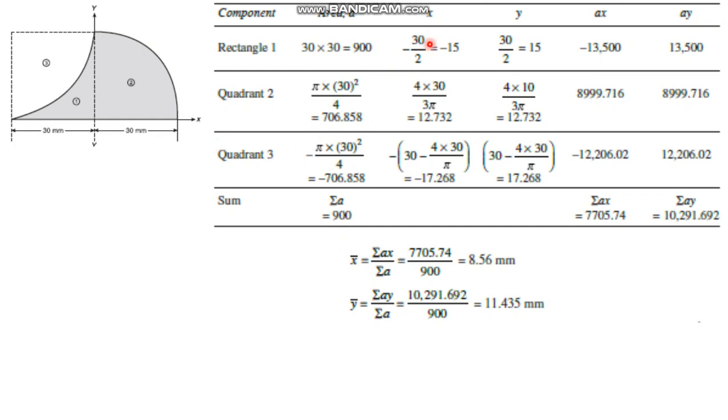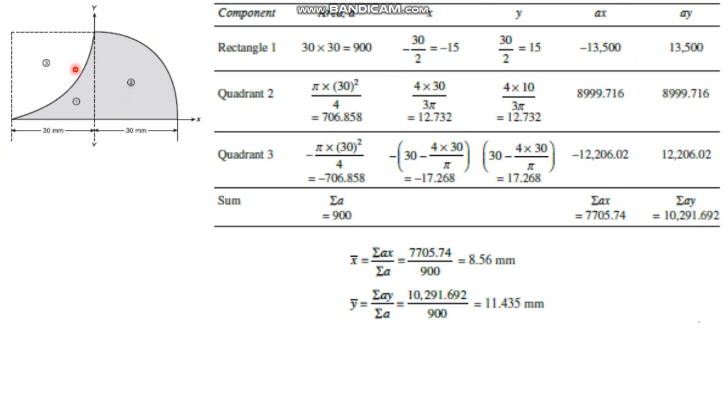Okay, then is x. x1 is the distance of the centroid of the first area from the y-axis. Here is the y-axis and our rectangle is on the left side, therefore the centroid will be on the minus side. So x1 is equal to, with total breadth of this rectangle 30, 30 by 2 will have minus 15. And y1 is once again measured from the x-axis, measuring positive, so this will be 30 by 2, plus 15. Therefore A into x1 is 900 into minus 15, and A into y1 is 900 into plus 15.